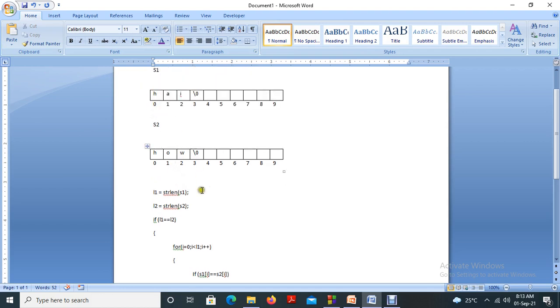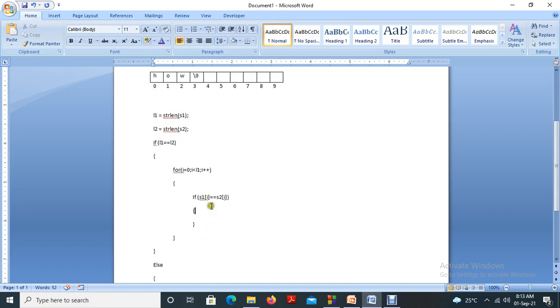Okay, first step is s1 of I equal to s2 of I. Both the values are same, so it comes to the next cases. So if the condition is false, then only we can do something with that.